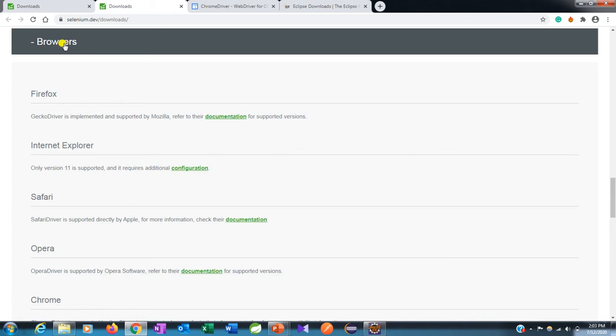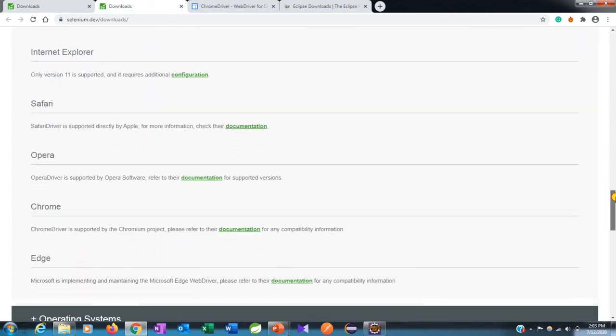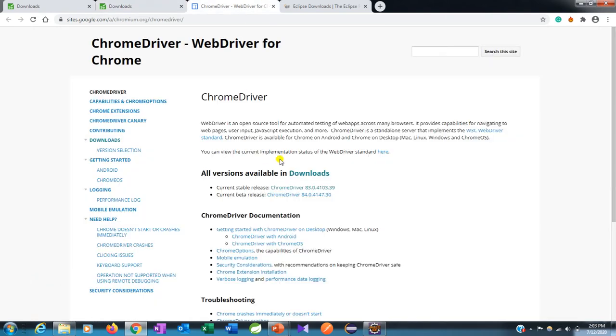Here you can see that under this browser tab we have Firefox, Internet Explorer, Safari, Opera and Chrome. Suppose I want to download the Chrome driver, you just need to click on that documentation link. Once you click on it, you will navigate to this page. This is your ChromeDriver, the WebDriver for Chrome. These are the compatibilities, some definitions and a few guides for Chrome.